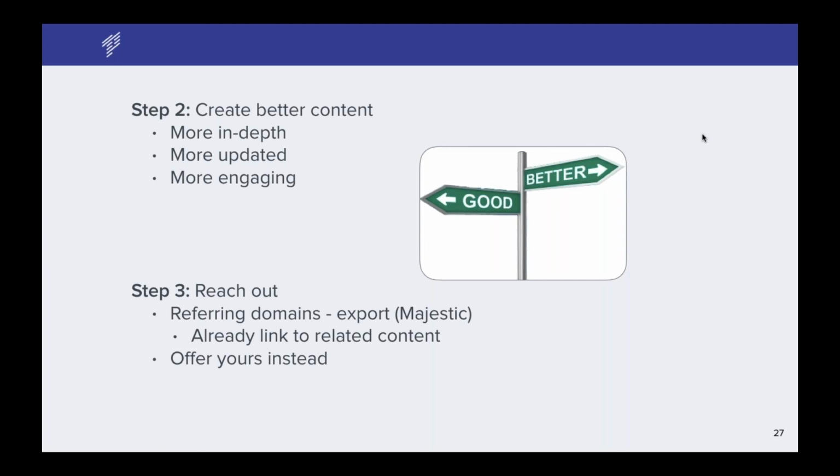But you have to make sure that the content is really top-notch, and that the content you're trying to get the links from is just way better. In some niches it's really difficult to create better content, because there's such great content out there, but there are situations for certain keywords where you can see that the content somebody created, of course it is good, but you can really make it way better.